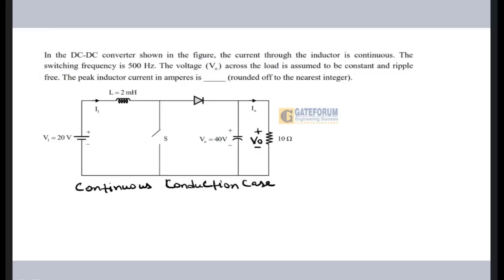They're asking you the peak inductor current. So this is my inductor current actually. This is IL, inductor current, and they're asking about the peak inductor current. I already told you guys that the peak inductor current is given as IL average plus